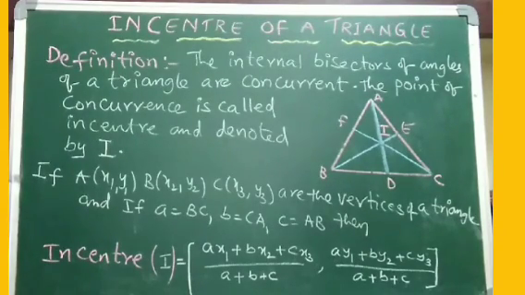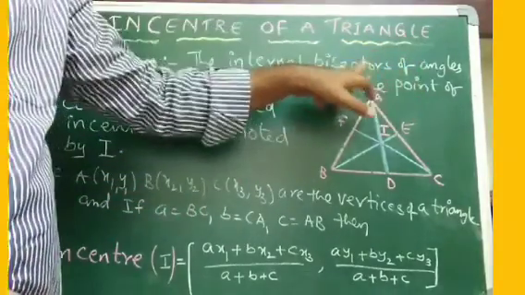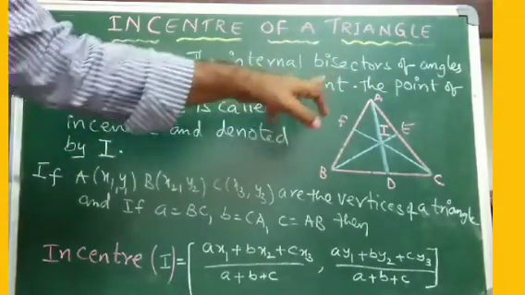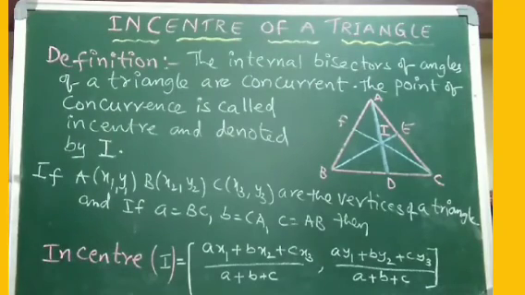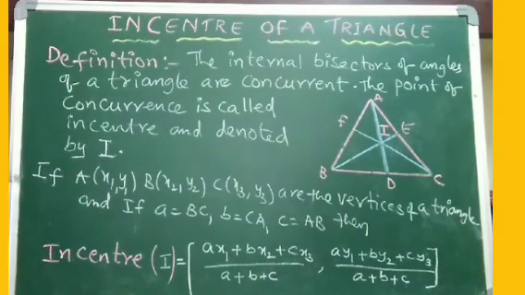Okay, so clearly the internal angular bisectors of a triangle are concurrent, and the point of concurrence is called the incenter, which is denoted by capital I. Next concept is, how can we find the incenter of a triangle? Right now, my dear, we cannot explain the proof to you, so just remember the formula, which is sufficient at this stage.